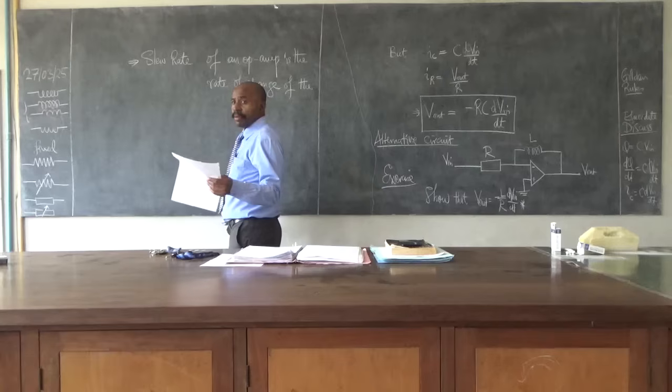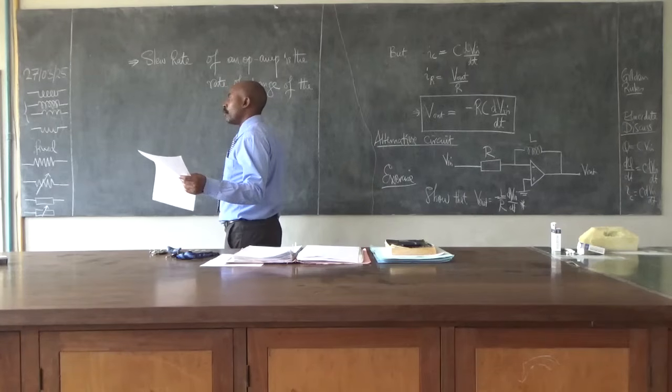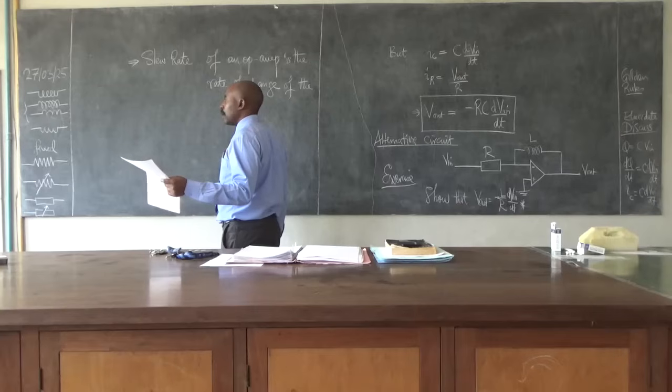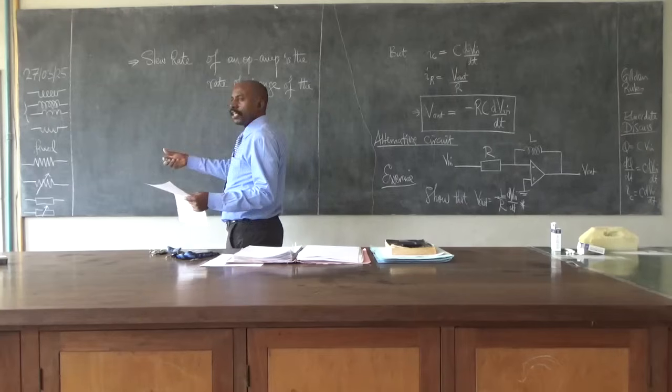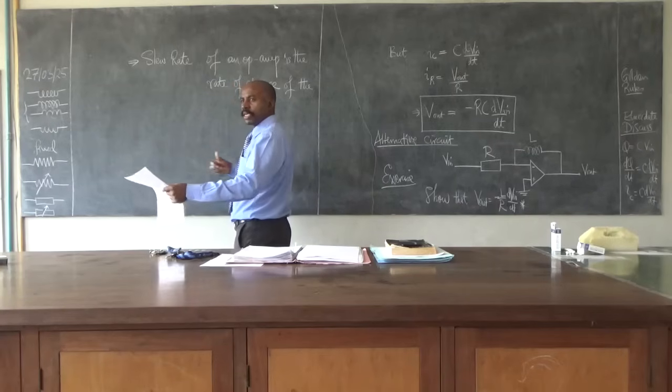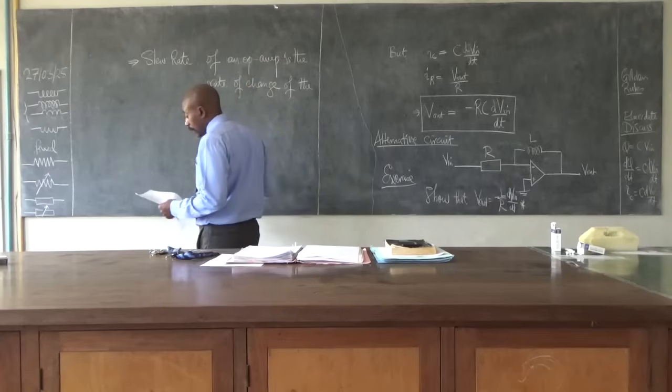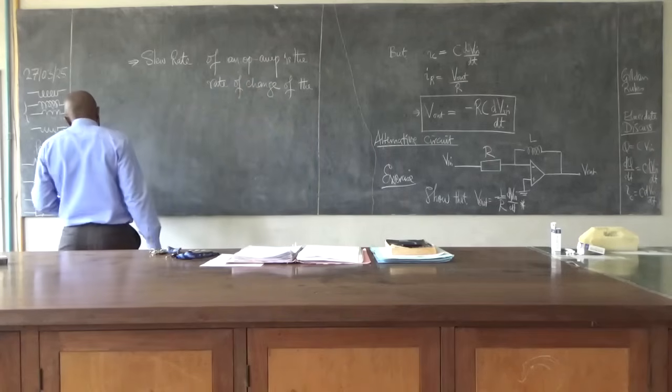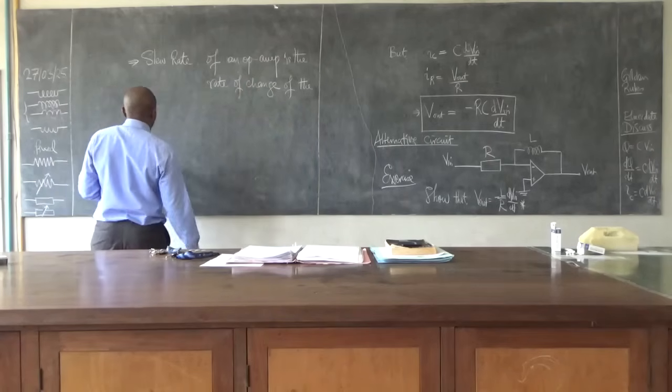I think this could be related to more of what we were doing yesterday, when you are changing the input and then looking at how the output is changing. So the rate of change of the output voltage